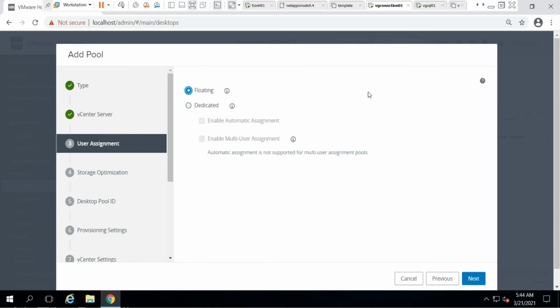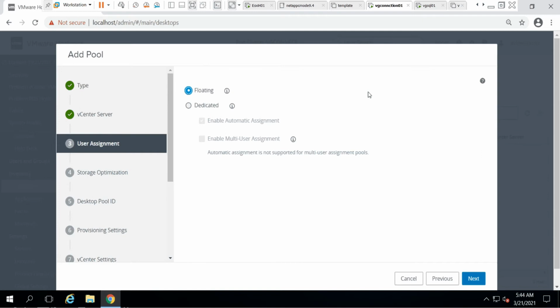If it is a dedicated pool, then a dedicated machine will be created for the user, and even if the user logs off, his data as well as the VM exists. For floating pools, the data saved on that machine won't be saved.